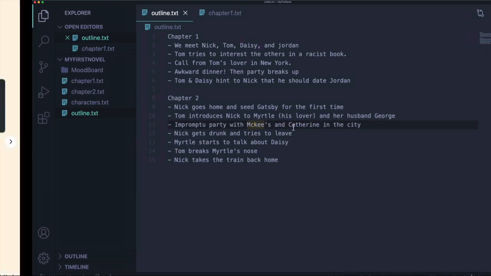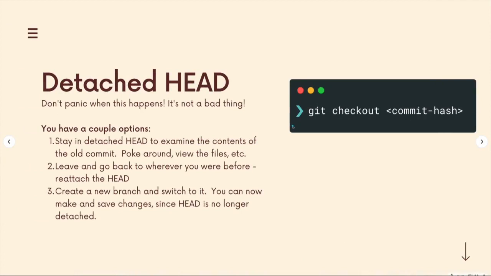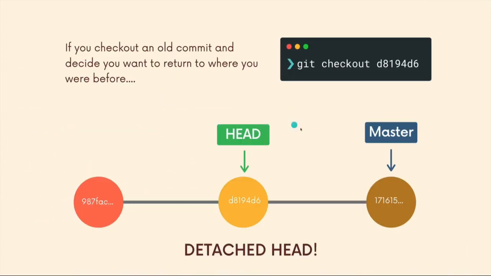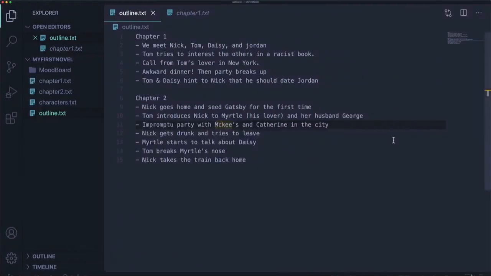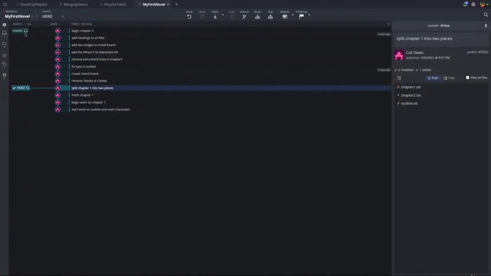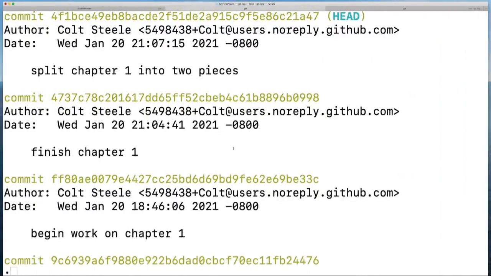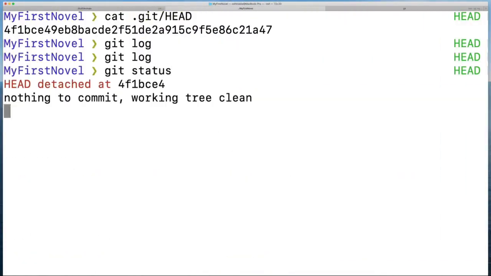Now, if I want to go back to master, all I need to do is switch to a branch. So if I have a detached head, I can switch back to master, git switch master, or git checkout master, and we're reattached. So I can show that. We've got only one branch in this repo, so master. I'll just switch back. So right now, I'm in detached head. Now if I do git switch master,